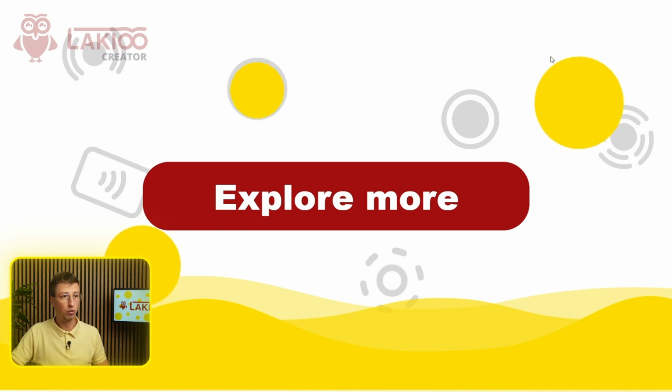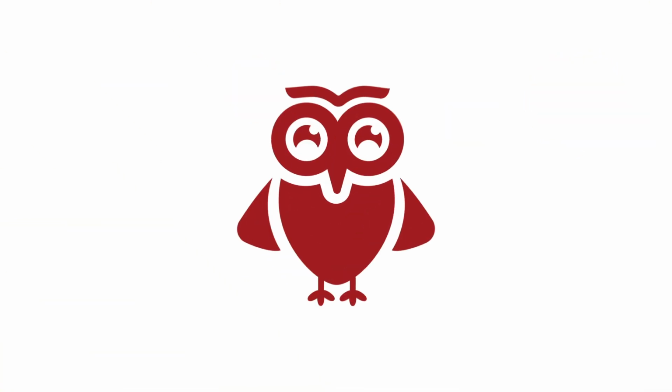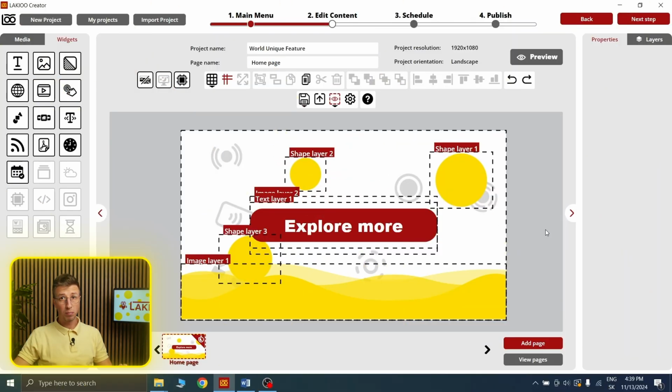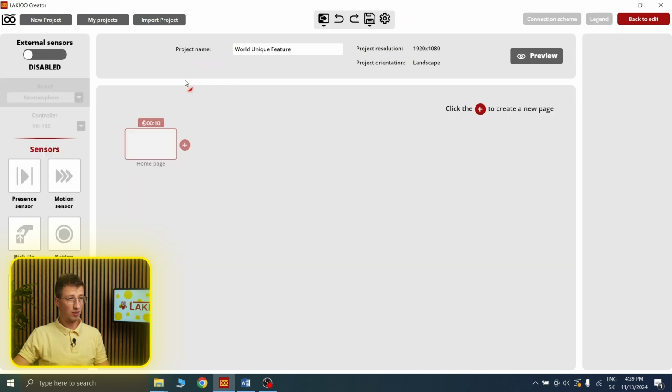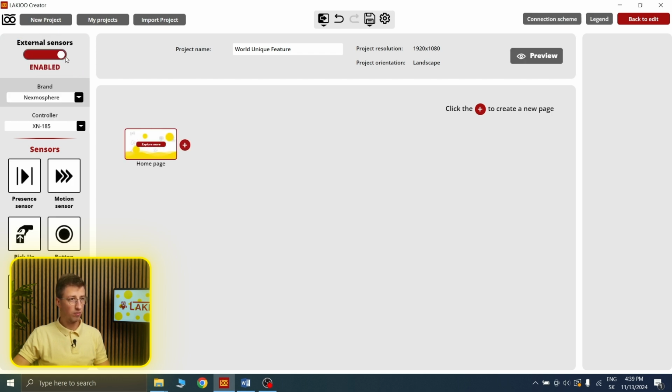So now we can move on to creating other pages, but especially to using world unique feature. We created this feature especially for you, our user, to simplify the usage of external sensors. Let's click on this icon, external sensors. The external sensor environment opened. First, I enable the option to use external sensor. Now, I choose which